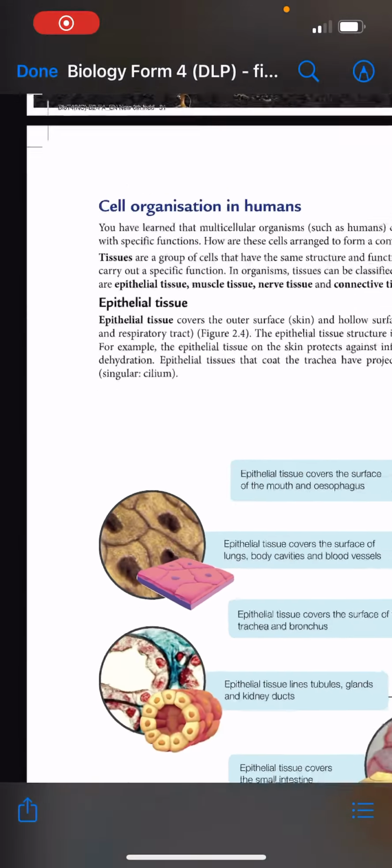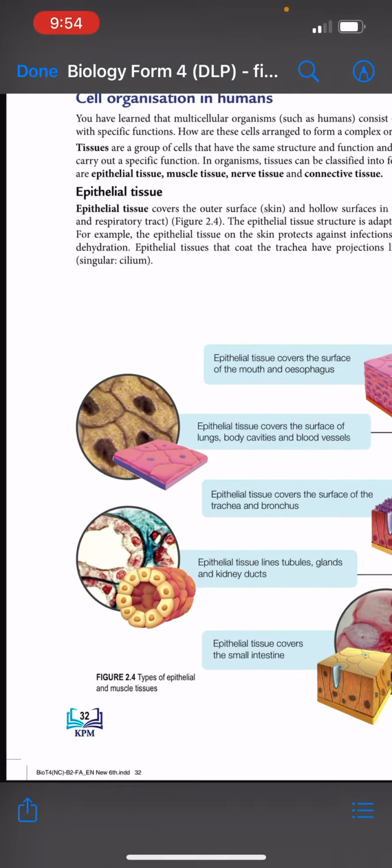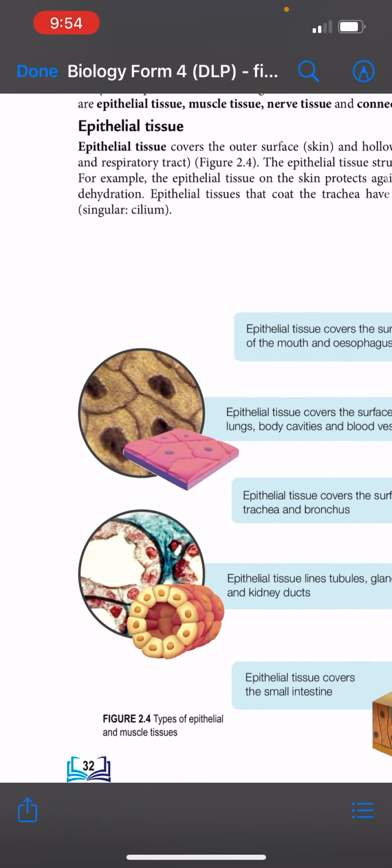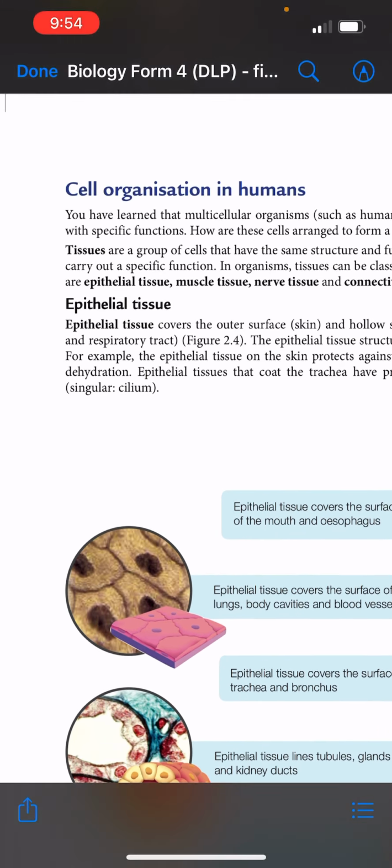Okay, for this video, you can refer to page 32. Ministry of Education of Malaysia, textbook biology. Alright, so for human, there are